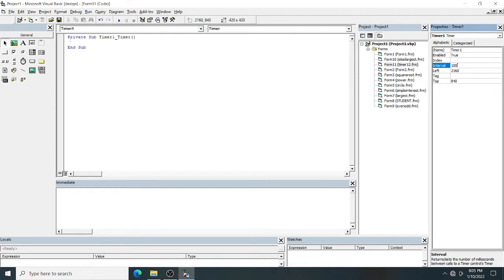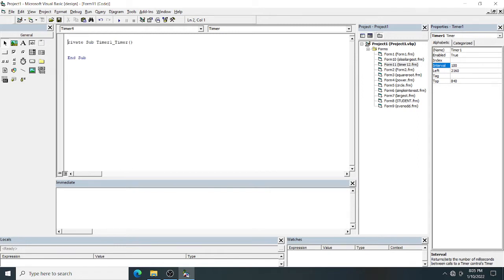Here I will print something on the form. So here we will print from 1 to 51. I will take one variable, as a global variable.